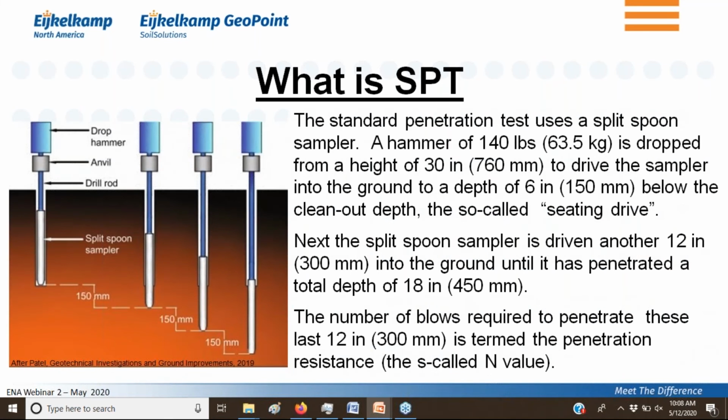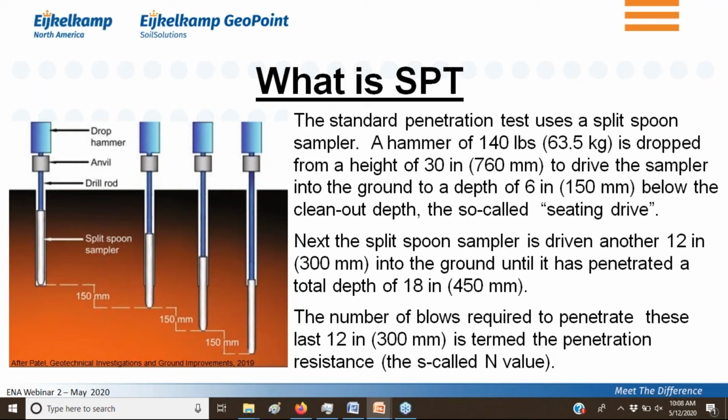What is an SPT? For those of you in North America, you may wonder why I give this introduction, but there are many people around the world that don't use SPT as frequently. So I'll briefly go through a similar description. Basically, you drill a borehole, and then at the clean-out depth, you put your split spoon, which is a cylindrical sampler that can be taken apart into two parts,